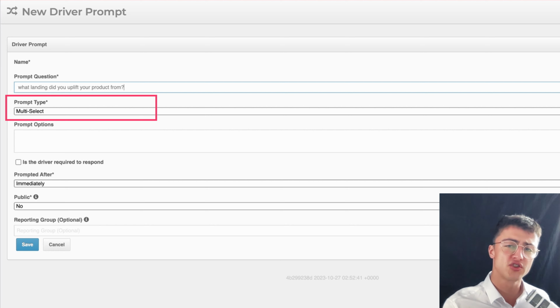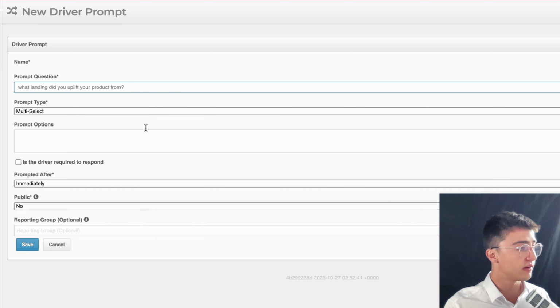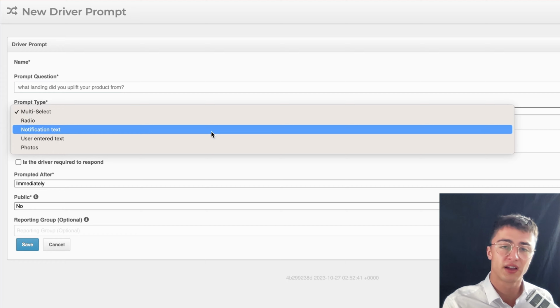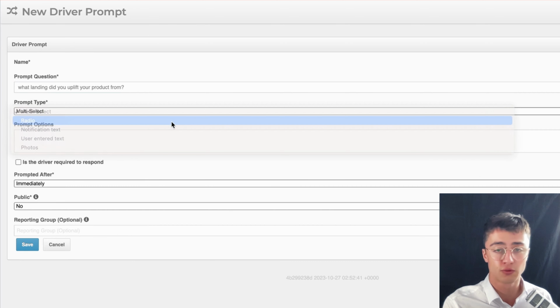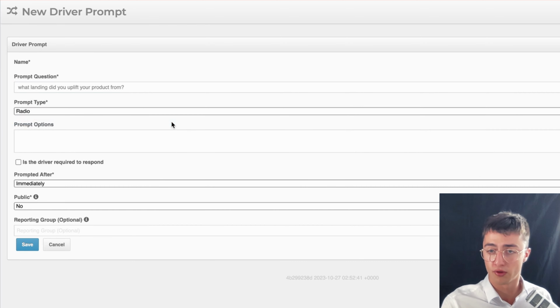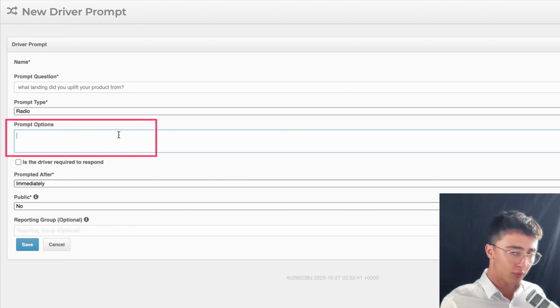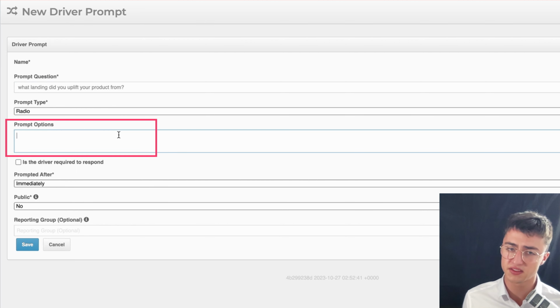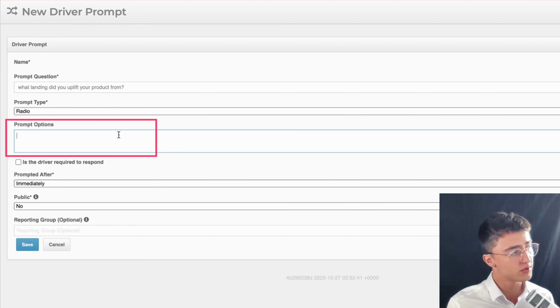Now, in our question, as we ask which landing the driver uplifted the product from, we already know the range of landing locations within our compartment, which is 3, and we should therefore use a list. But as we only desire one response from the driver, I will use a radio selection driver prompt in order to do so. Now, wherever your prompt uses a list, such as ours does, prompt options is where we begin